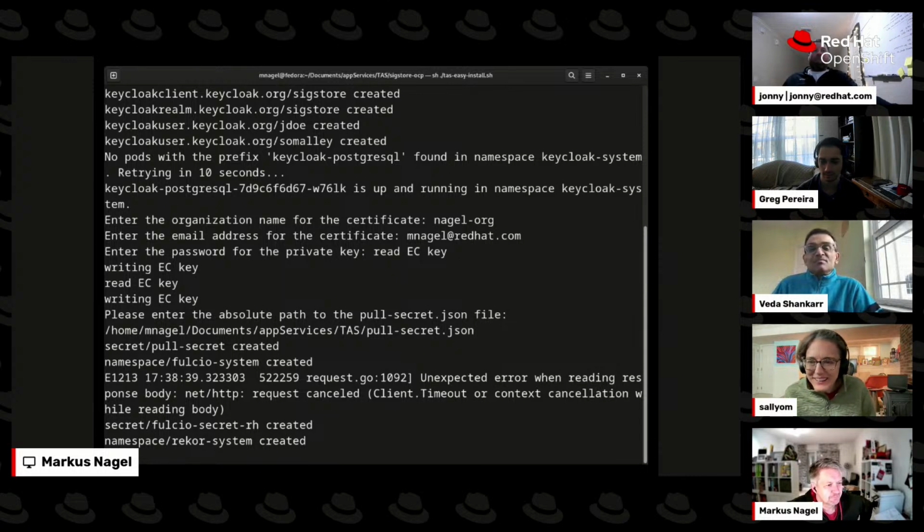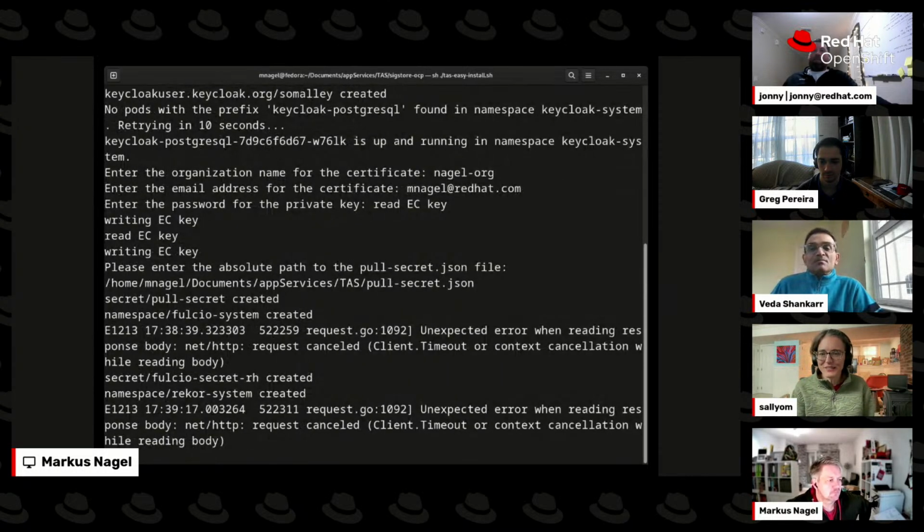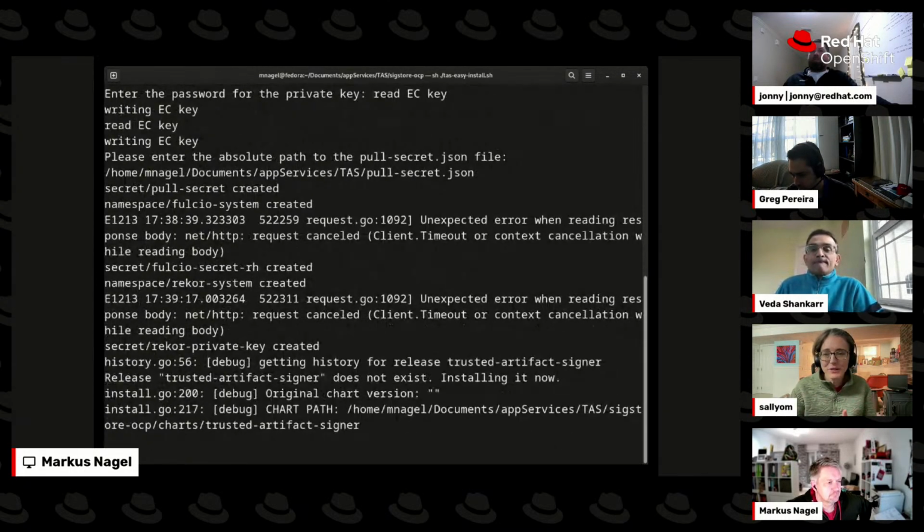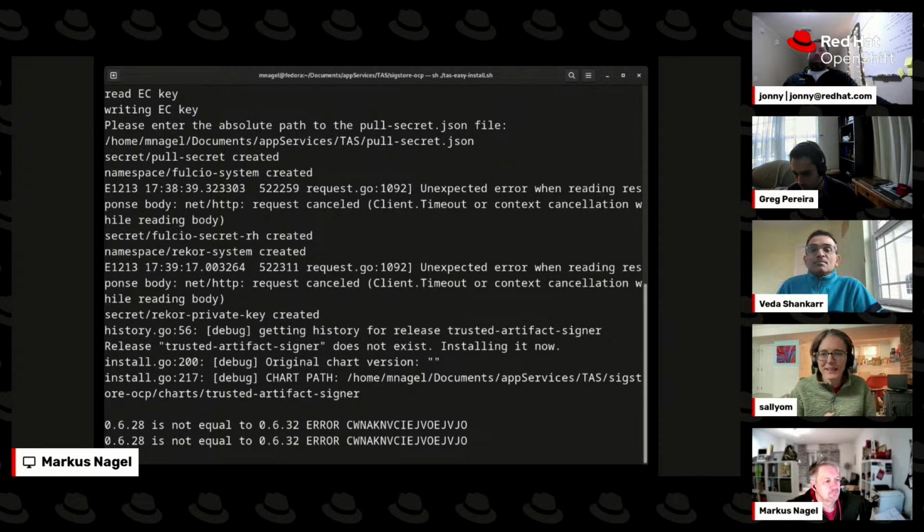So yeah, what else is going on now? The script is creating these secrets with the signing keys and the resources. It's spinning up a Rekor server, spinning up a Fulcio server, and now connecting them all. The charts, and upstream with the public good instance, and basically the only way to deploy a Sigstore stack right now is with the Helm charts.